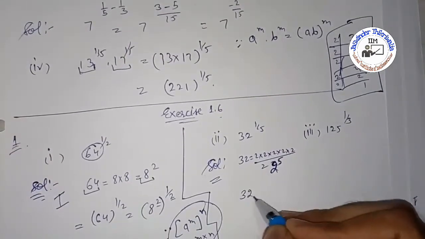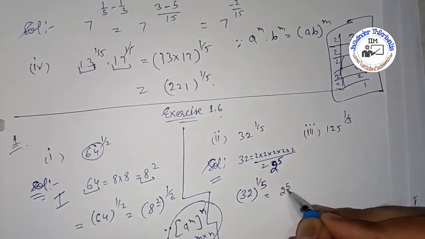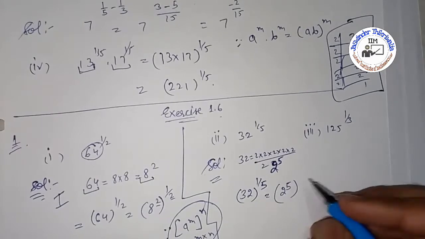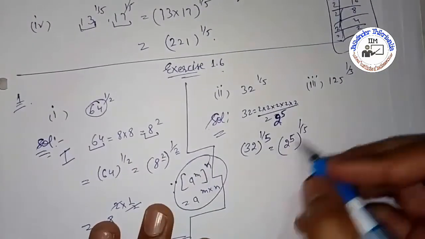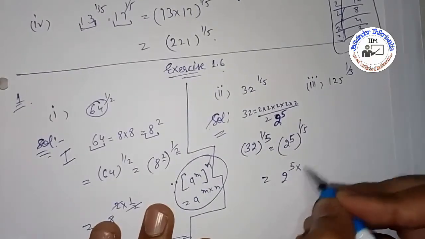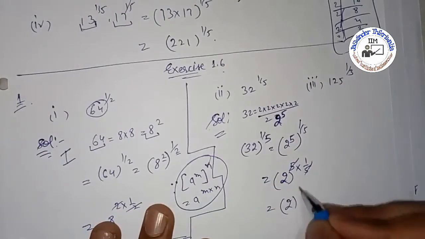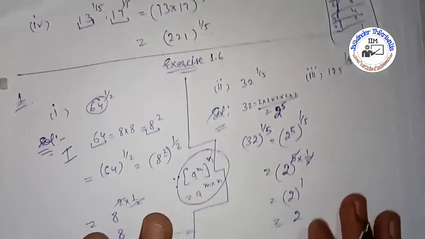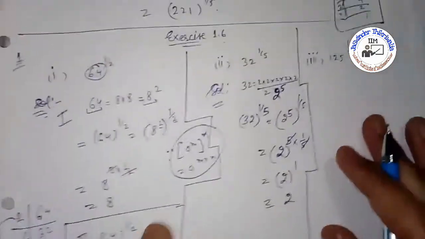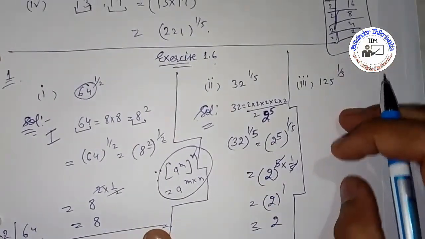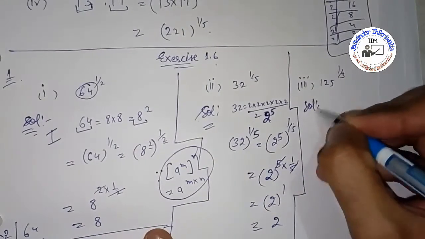In the place of 32 to the power 1 by 5, what can you write? You can write 2 to the power 5, all to the power 1 by 5, and it's again power on power. So if there is a power on power, we will multiply them: 2 to the power 5 into 1 by 5. So this 5 cancels with the 5, it's 2 to the power 1 as the answer. 2 to the power 1 means the answer is 2. Getting my point? It is quite simple, beta. So now you will do this yourself. If you have not got it, then you can comment in the query box. Okay, it's a very simple third part for you people.